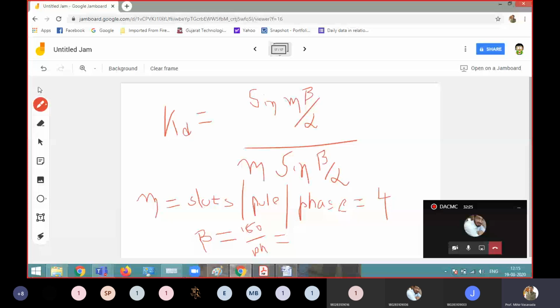The correct equation is m itself. It is not per phase, but it is divided by m only. Right. So it is 180 by m into the number of phases. It is slots per pole in short. Let me correct it. Write it down yourselves, I am not able to write here, there is little space. I will write only the equation. You write it in terms. Beta is the phase spread angle.